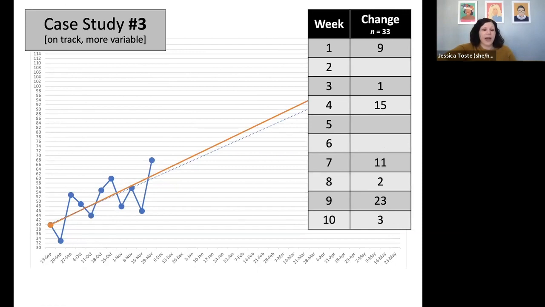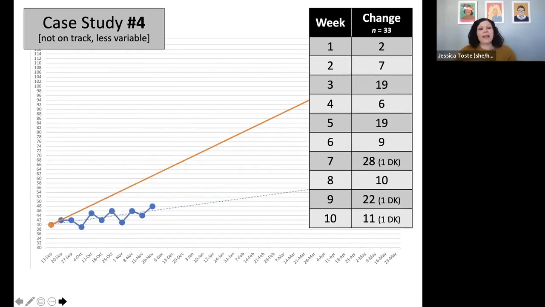And in week number 9, which is the second to last data point, we had 23 of 33 participants say they would make an adjustment. And then finally, in the 4th case, this was a student who was not on track to meet their goal, and the data were less variable. So you can see the data points were closer together. And we had participants, again, say they would make adjustments across all of these data points, with a large number of